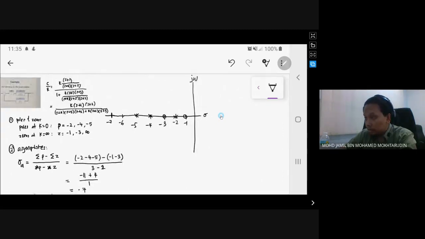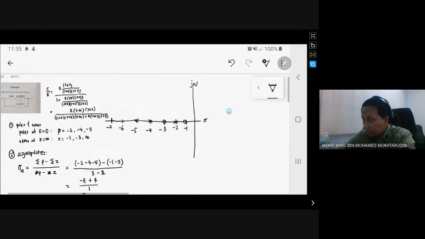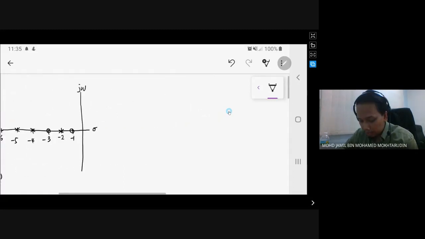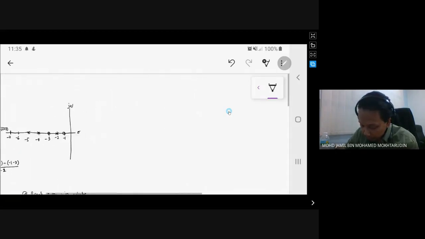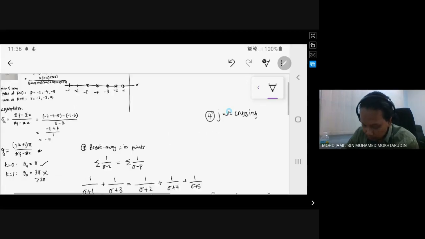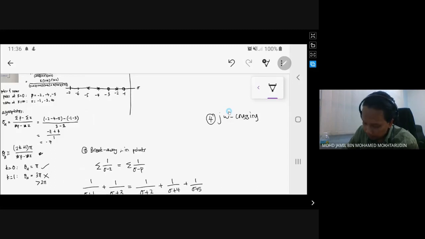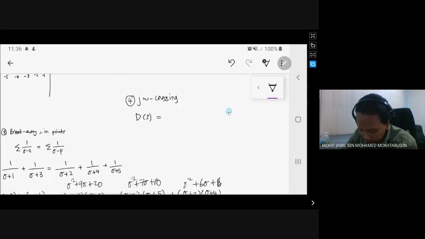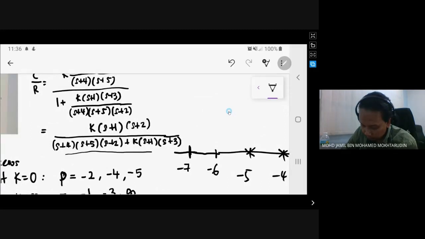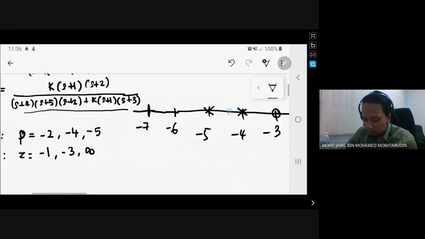So, to sketch the root locus, you need to know the break-away points. Okay, the break-away points are still being calculated. The jω axis crossing has not been found yet, so let's try to find the jω axis crossing. Okay, so number 4 is the jω crossing. We take the denominator. So the denominator equals, back to here, okay, so the denominator is